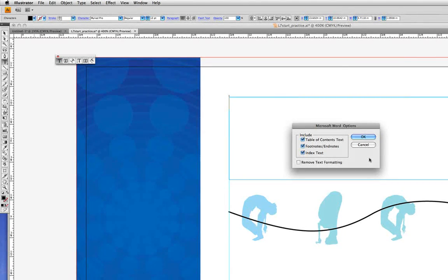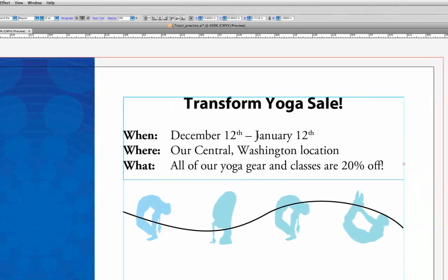Now we can choose to remove all the text formatting from Word, or we can choose to keep some formatting, and that's what we're going to do. So let's click on OK, and we chose to keep the styles from the Word document, so we see some type is bold and some is not bold. And then down on the lower right hand side of the text frame here, we see a little red plus sign. And that indicates that not all the text from the Word document could fit inside that